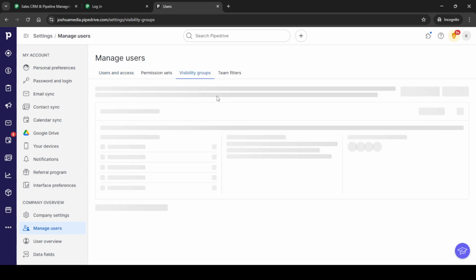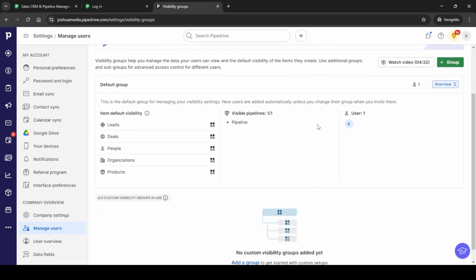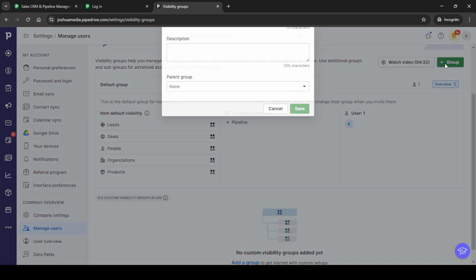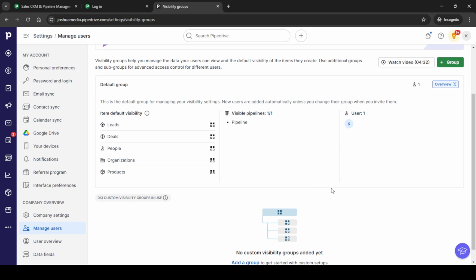This feature allows you to define which groups see certain data, helping to further refine what information is available to whom. For instance, this can be highly useful for restricting or expanding visibility based on roles. Once you're satisfied with these visibility groups, make sure to click Save once more to secure your settings and apply all changes made. With these comprehensive steps, you should be well on your way to efficiently managing a sales team within Pipedrive. Remember that organization and clarity